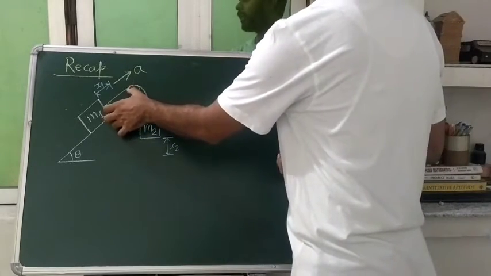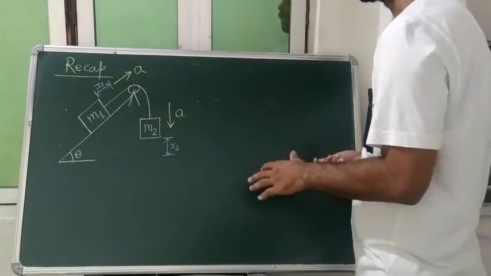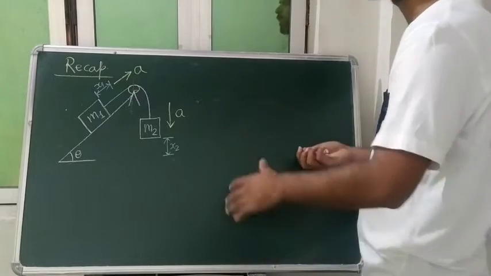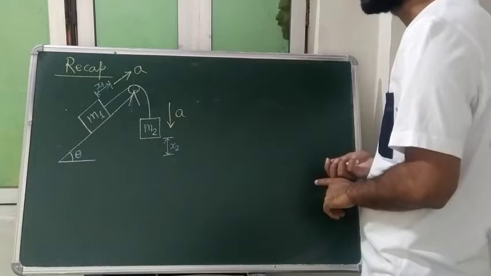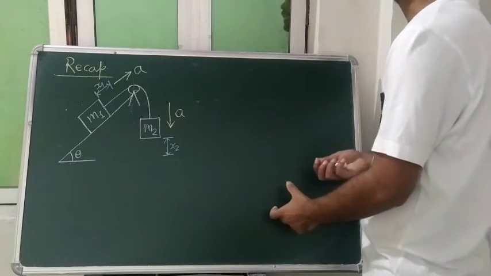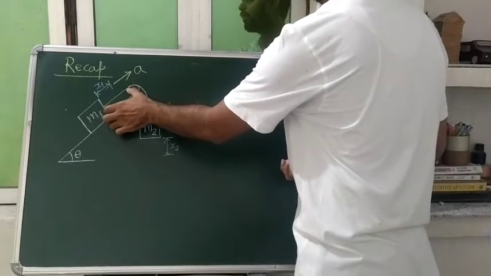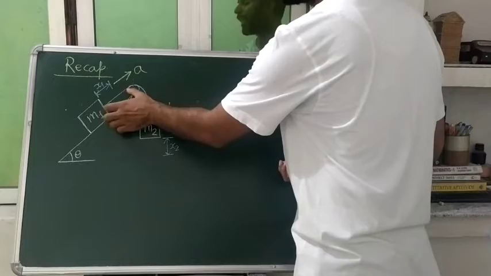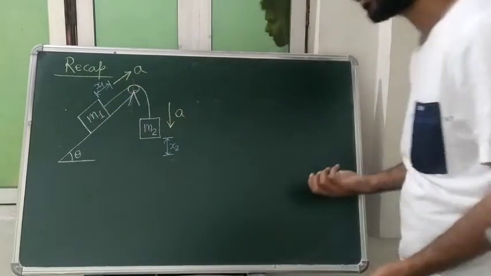since we had considered this side positive as well as this side also we had assumed as our positive, because one side should be positive, other side should be negative, that we had not considered. So whatever minus sign will come, we will compensate that minus sign by saying that since we had considered this side as our positive side, it should be negative, so negative of that negative will become positive, so they will be in the same direction.